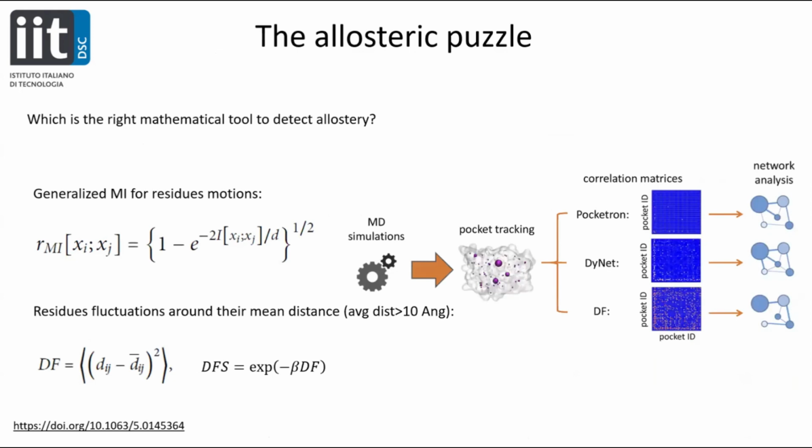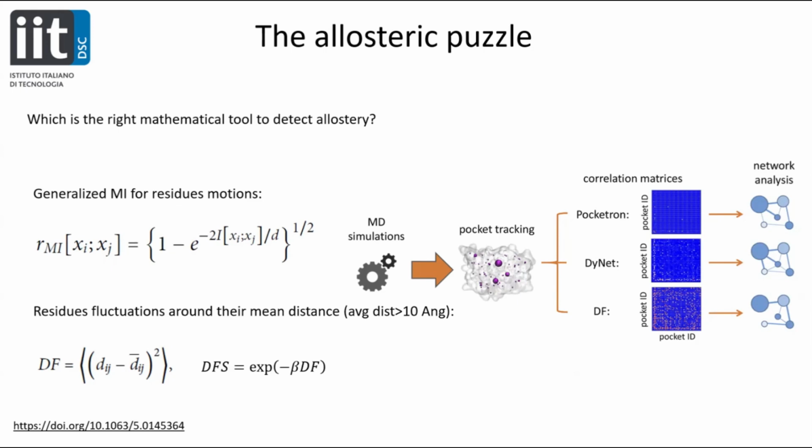So regarding the allosteric puzzle, I'm not here to say that with Pocketron you will get all the allosteric communication, probably not, because it is complex. There are many possible definitions. There is obviously the one from Pocketron, but also, for instance, the one in terms of fluctuations. Fluctuations are very important when you try to detect allostery, because you have this common variation along time. You're measuring, in an ensemble, the variance of your fluctuation with respect to the average value of the distance. So it's another way to look at allostery and see things that go together in a synchronous way.